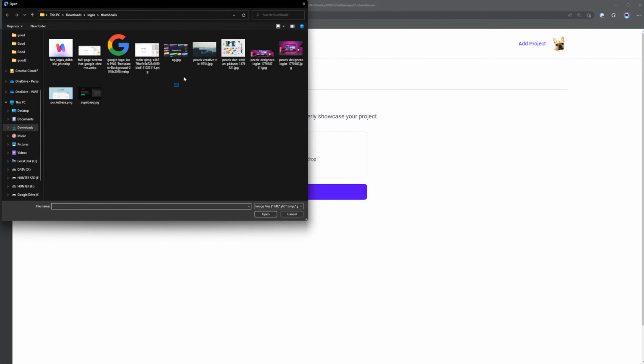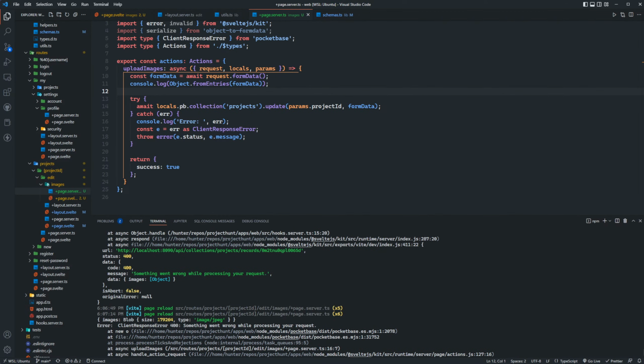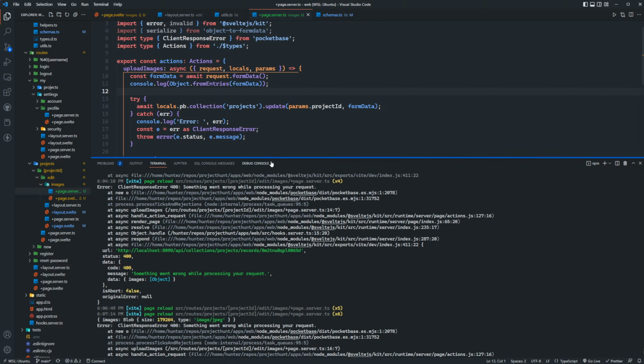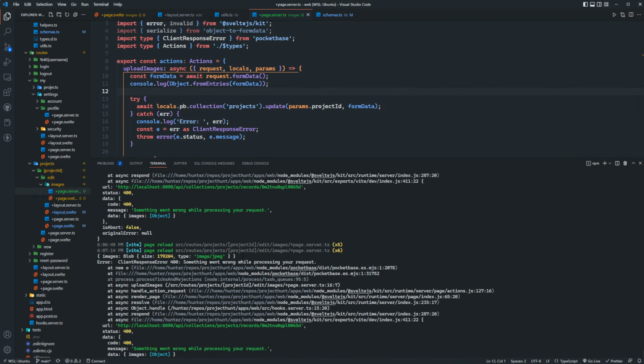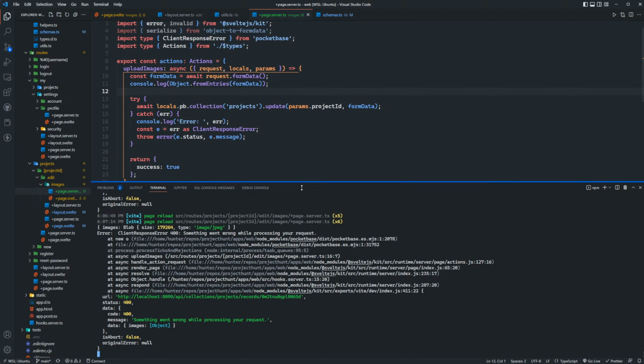Let me see. That's fine. Okay, so when I do Object.fromEntries, it's only getting the first image, most likely, or the last image, because of the fact that they have the same property name. There can't be duplicate properties in an object. So I need to figure out how we can do that. Probably have to use like a